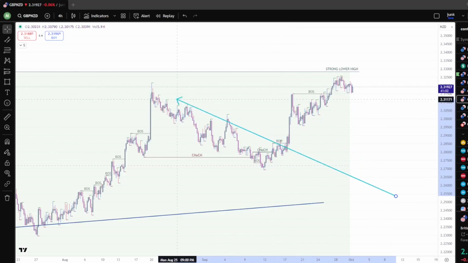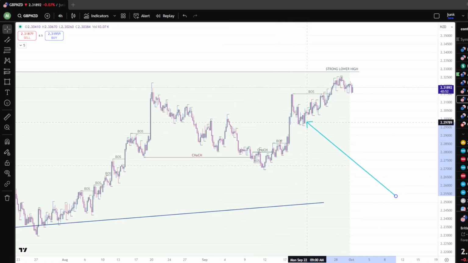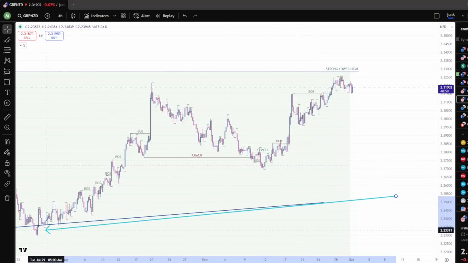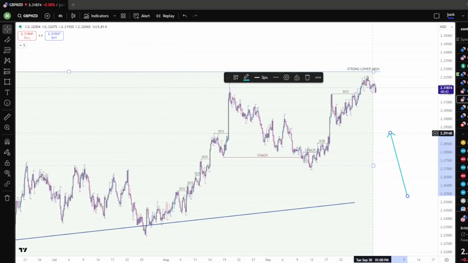Took out all these supply areas, took out the highs of this previous structure. It pushed prices back down. Then it retraced, made a higher low from these lows, and I guess previous lows also. And it started to break structure to the upside, took out this high, waiting to see if it takes out this lower high, which